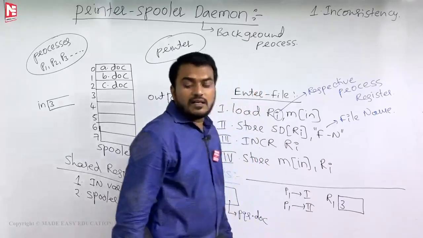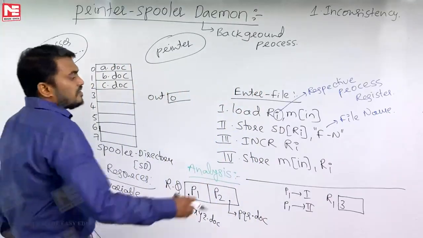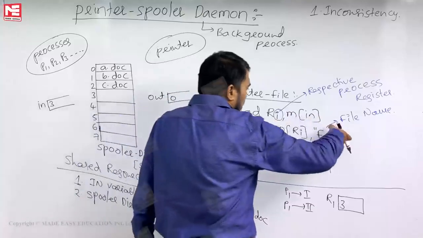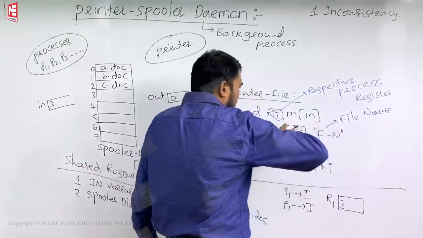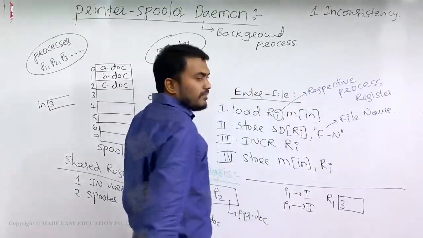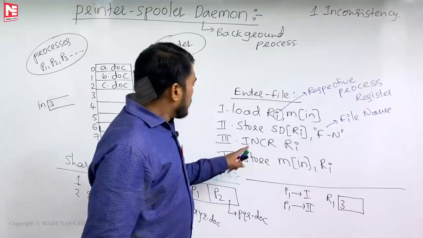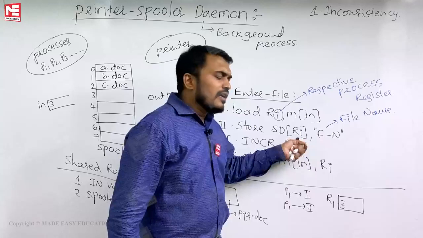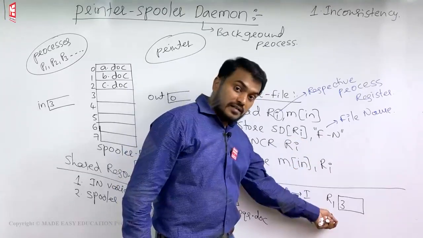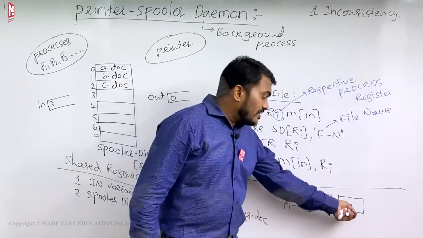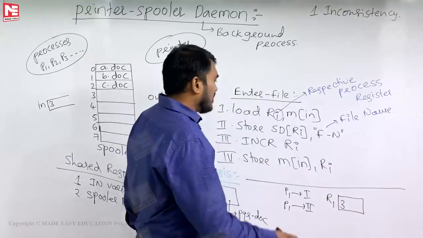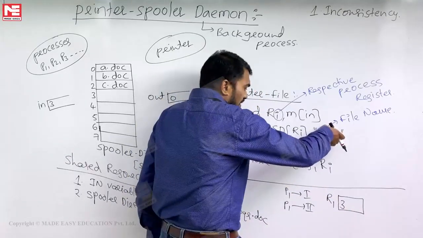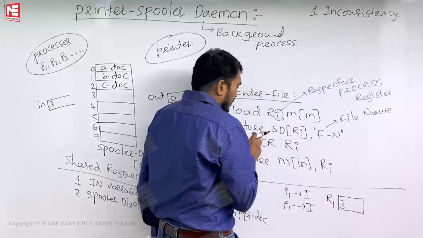Now tell me, what is the second instruction you have? Second instruction: store the file name of a process in the spooler directory of R1. Okay, listen carefully. So R1 means what? R1 मतलब what is the value here? 3 here. तो इसका मतलब ये file name, process का जो file name है SD of 3 में आपको store